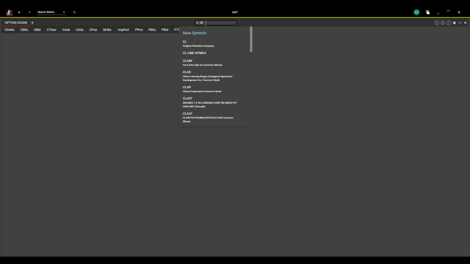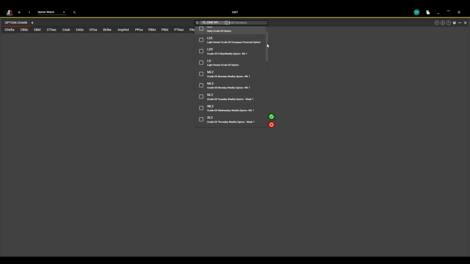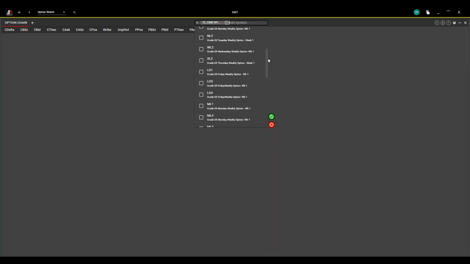And the reason that matters here is because, particularly at the CME, they have a lot of sort of bizarre naming, I shouldn't say bizarre, but naming conventions that don't conform easily to the option symbol. So if I select my CL base symbol, CL at CME NYMEX, we can see that there are a number of crude option